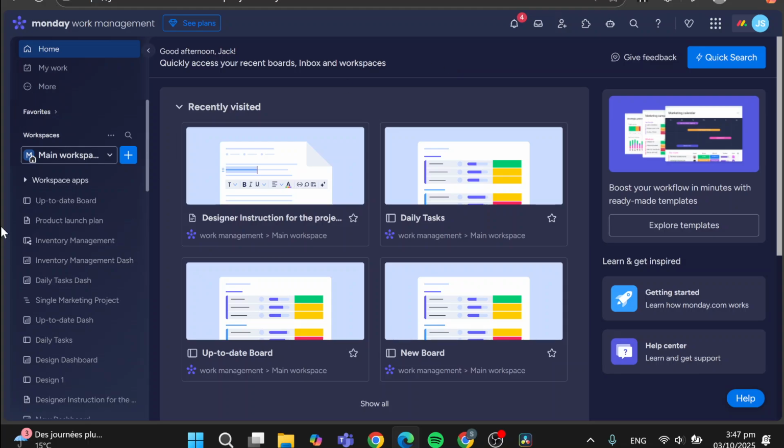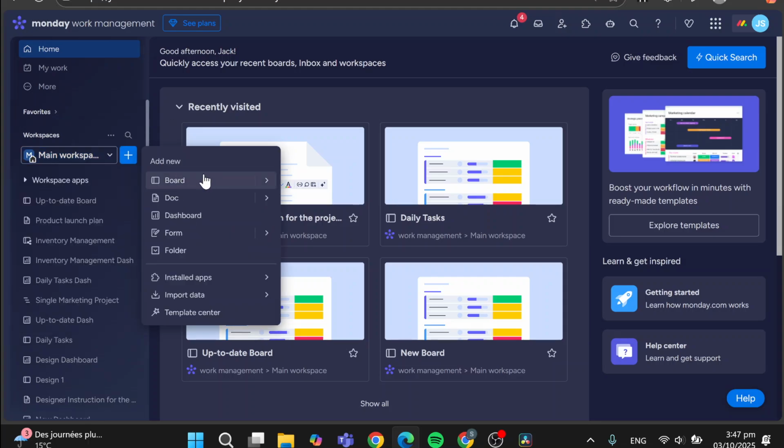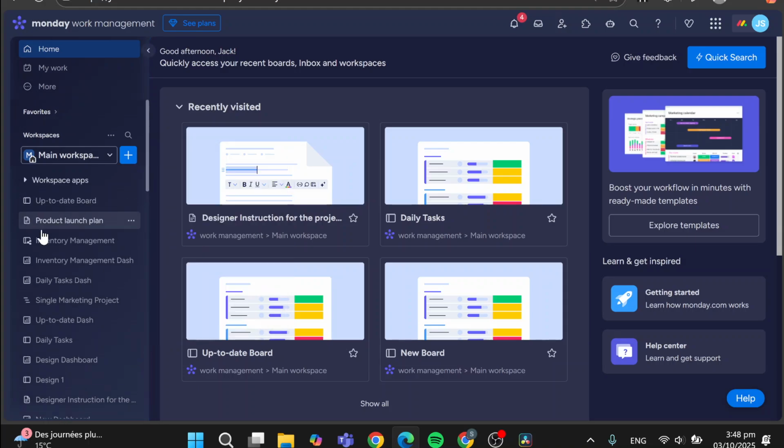Select our workspace, as you can see from the left side of the screen, and we're going to start by adding a doc first. Then you can have a template for this doc. You can set up some information, introduction, plan or work plan right into the doc. Then you can link it to a board. This is something that is going to be sophisticated and also have more details such as baselines. But if you're going to take it as a simple step, you can head over right there